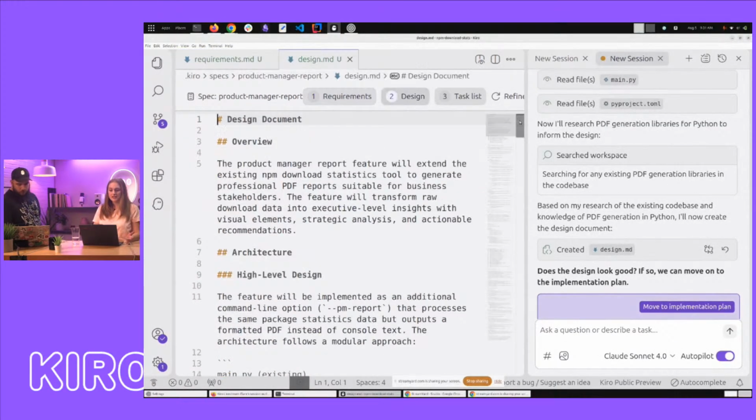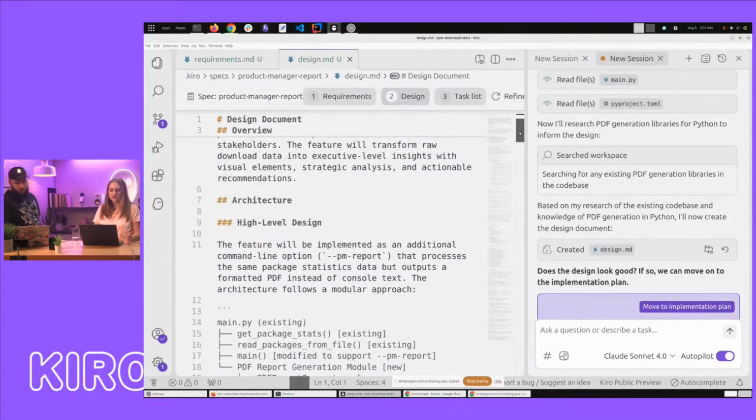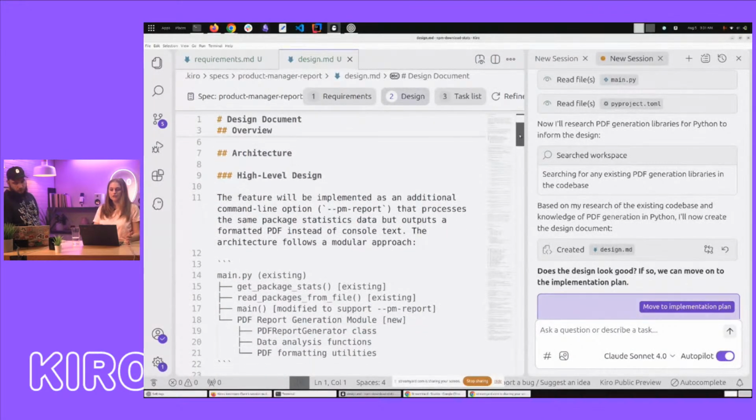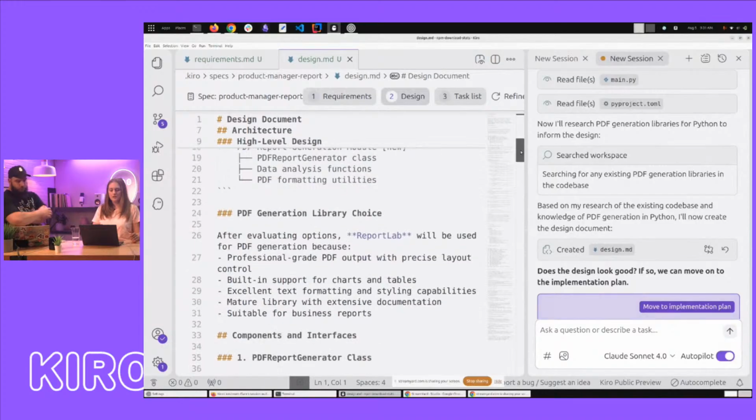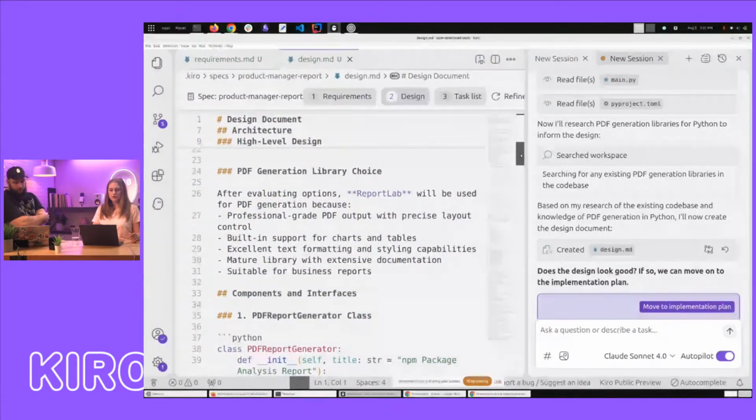Okay, so design doc, technical design. So I've got high level architecture. If you're doing something a little bit more complex, like a multi microservices architecture, you would start to see that here. This can sometimes include things like mermaid diagrams, where you can actually see the different pieces, but this is a pretty simple little utility. But it has chosen a library. That would be a really critical choice here, because what am I going to use for PDF generation? Yeah, because you haven't used it in the past, so it doesn't really know. So it's just suggesting which one you're going to use.